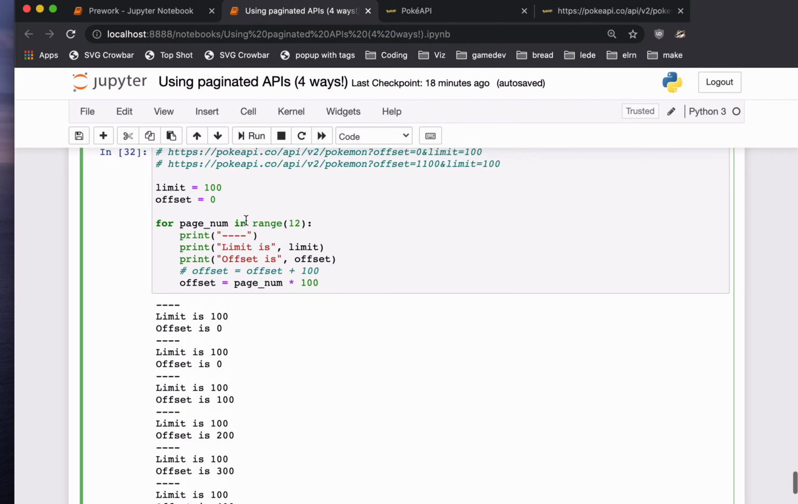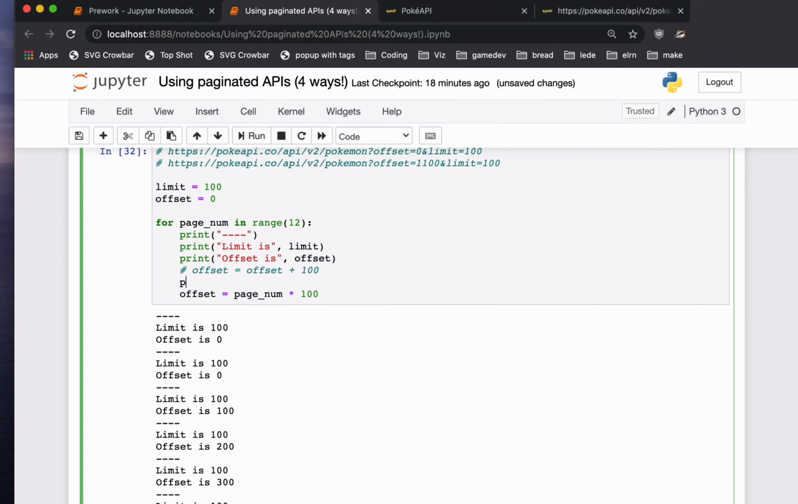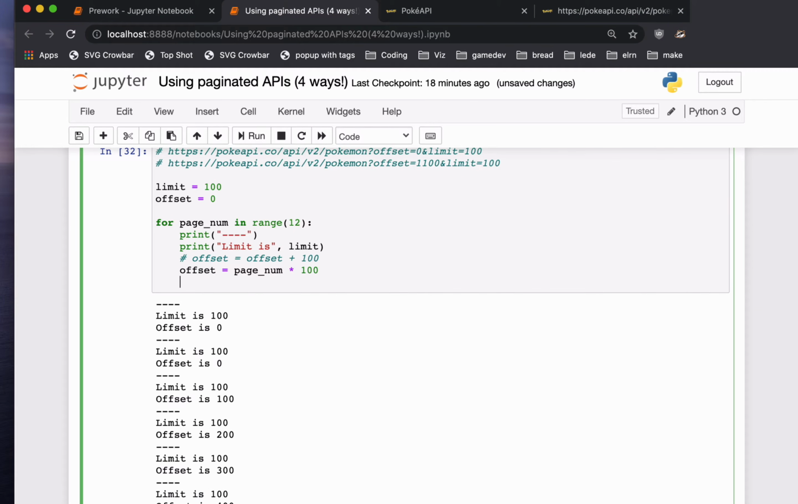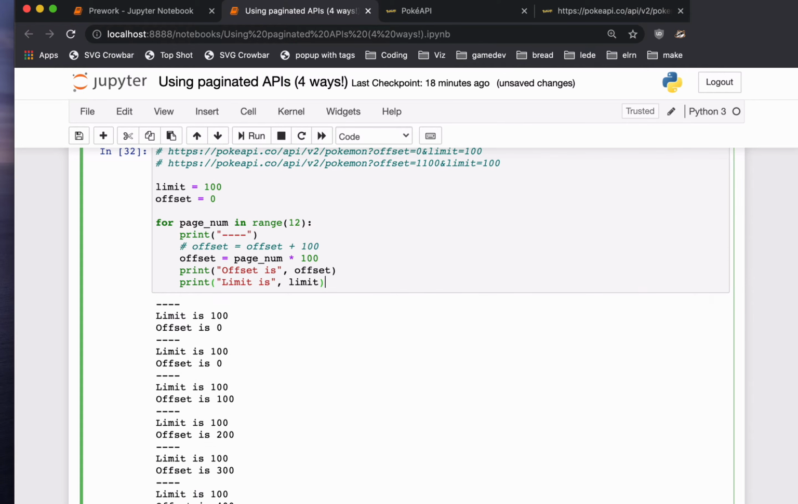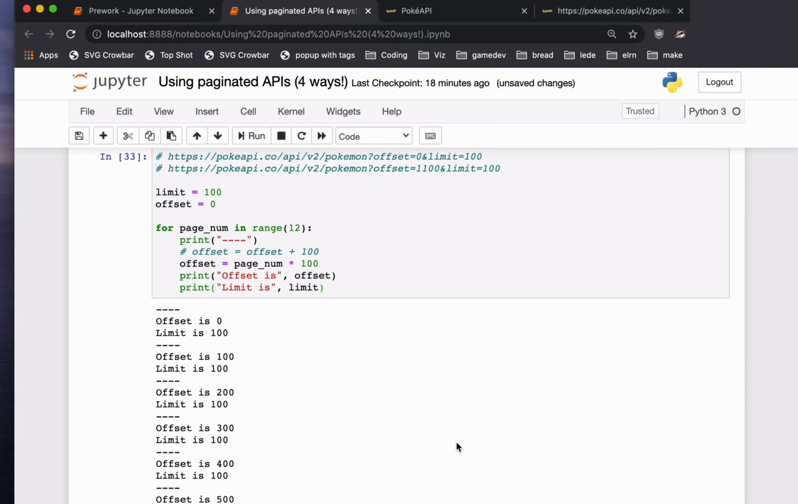Oh, because it starts off as 0, I need to move the print down here. So yeah, I guess it depends on whether we want to add at the beginning or the end. The way that I'm going to do it is I'm going to work with this page number thing, because usually